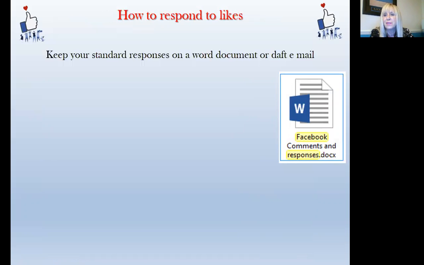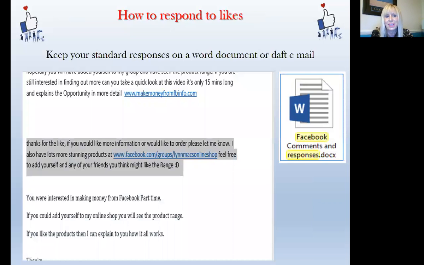I would recommend to have standard responses on a Word document or a draft email. Mainly the ones that I use is the ones that like the product, because when somebody likes a product, you want to take full advantage of that, and you want to invite them to your online shop. And here's what I say: thanks, Mary, and tag them for the like. If you would like more information, or if you'd like to order, please let me know. I also have lots more stunning products at